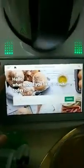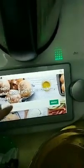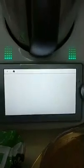Earlier, I shared with you that the Thermomix has these recipes. Okay, the recipe platform is called Cookidoo, and right now there are almost 57,000 recipes already. So you can search by keyword, or you can search by name of recipe, and there are recipes in English, in Chinese, in German, in Italian, you name it. There are now 57